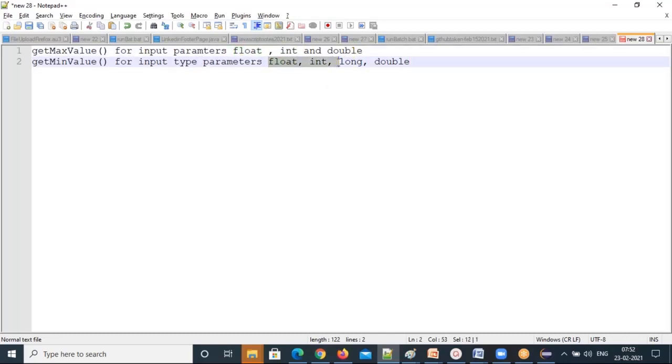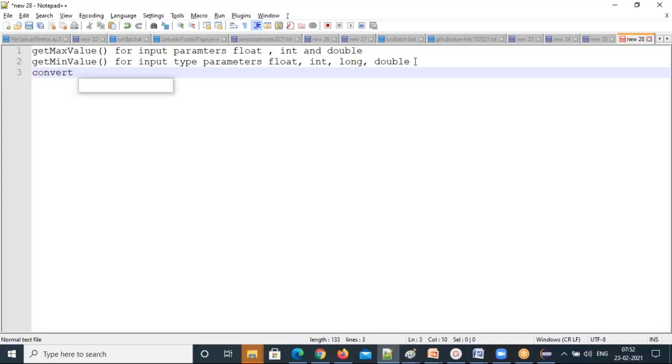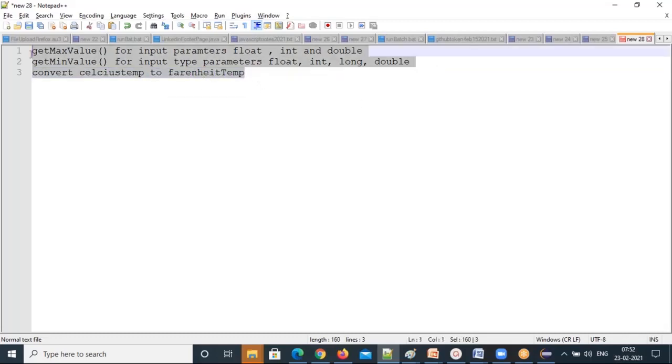So you can create 4 methods here, 3 methods here. If anybody is not getting it, let me know. And the next one: what is the next method you need to create? Convert Celsius degrees temperature to Fahrenheit temperature. So these are the methods you need to create and send. I want to see all these types of methods. You have to create parameterized methods.